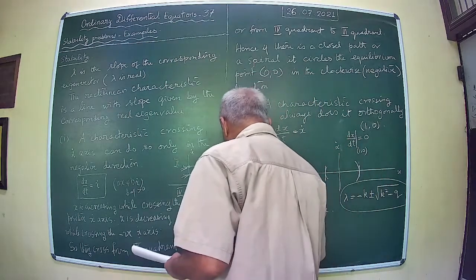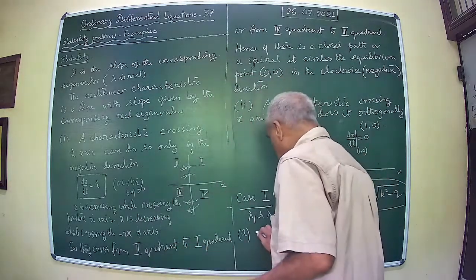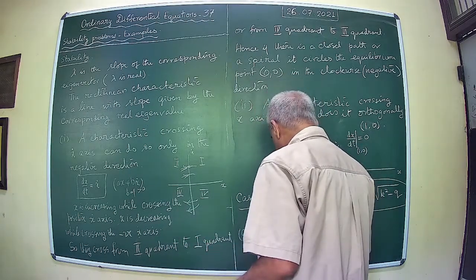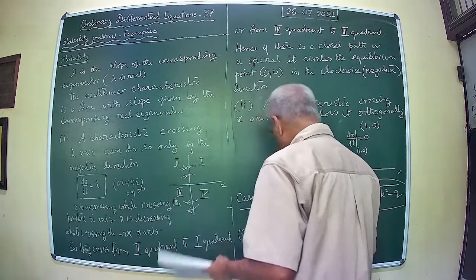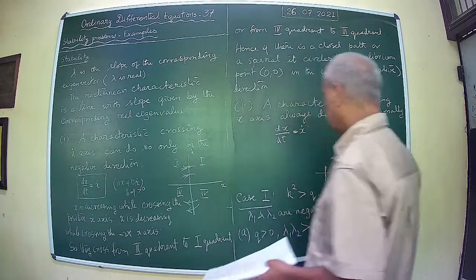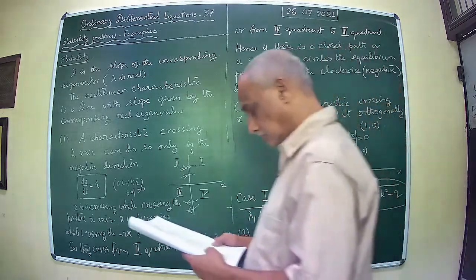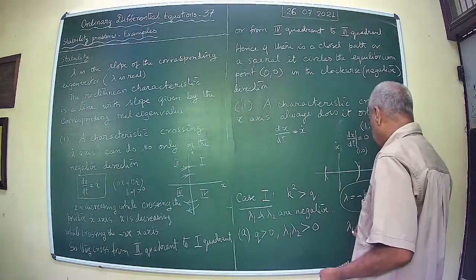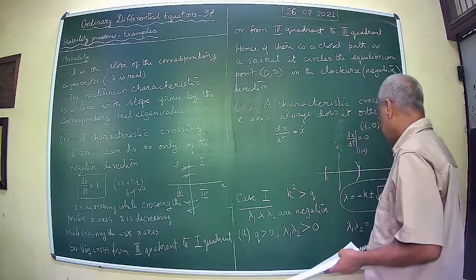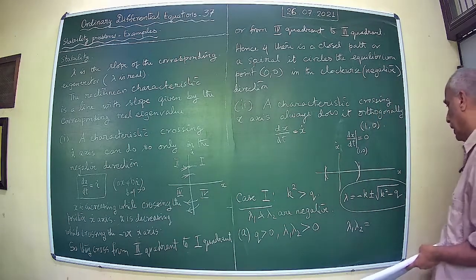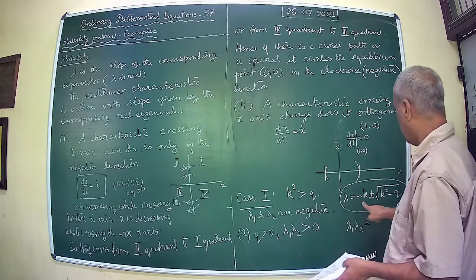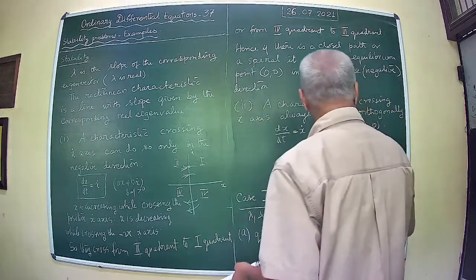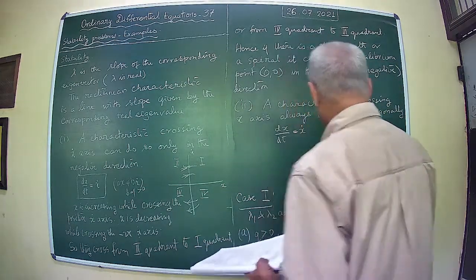Now we take up the case A. In this, q is positive and k is positive. So you see that actually lambda 1 into lambda 2 is going to be what? Lambda 1 into lambda 2, from this equation itself you can write. What is the equation? The equation is